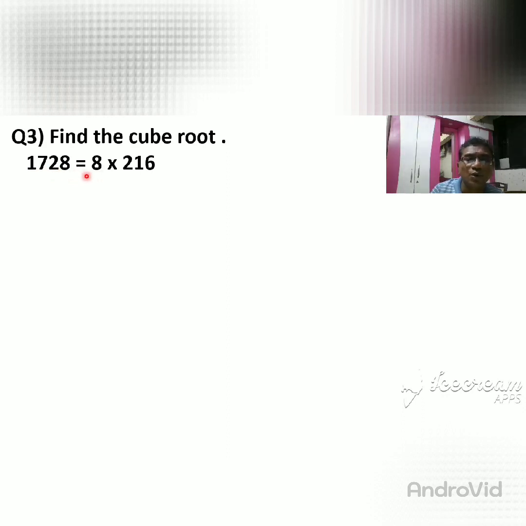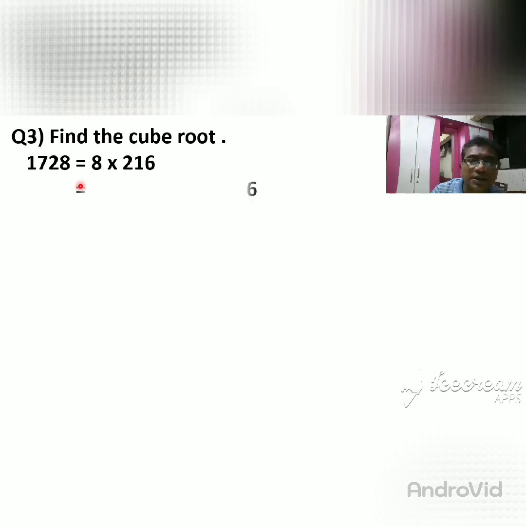So 8 into, what is the quotient that can be right here? 8 divide 17: 8 2s are 16. So here is 2. 17 minus 16, what remains? 1. So it becomes 12. 8 1s are 8. 12 minus 8, what remains? 4. Okay. 8 6s are 48. So you get 8 into 216. So here you get the answer 8 into 216.